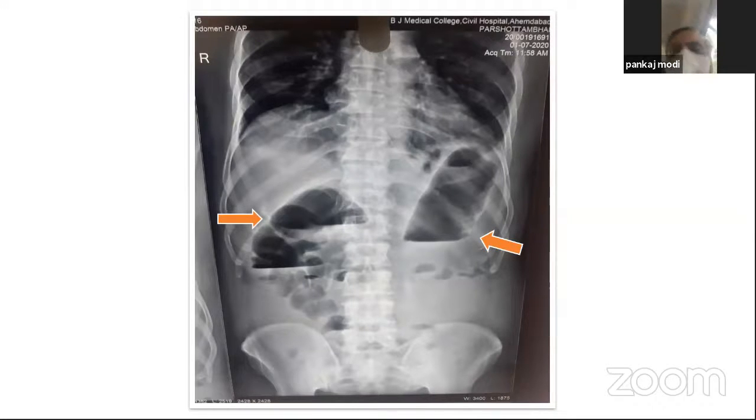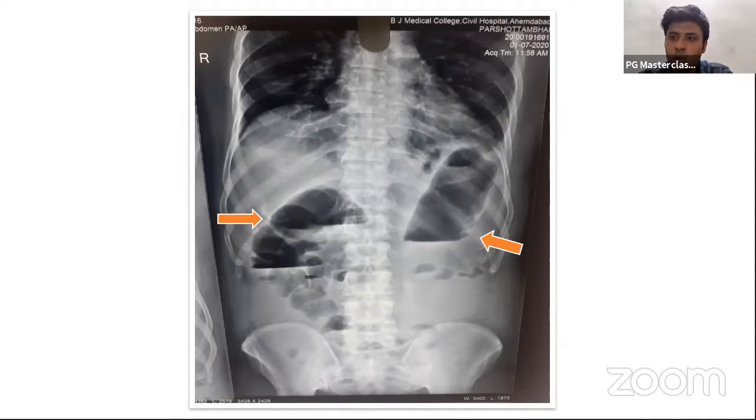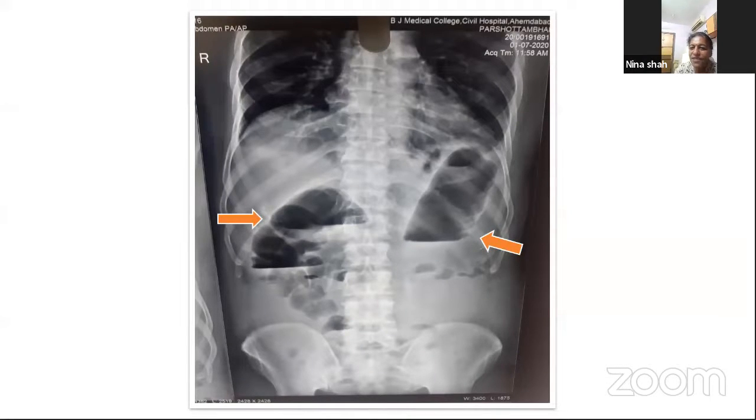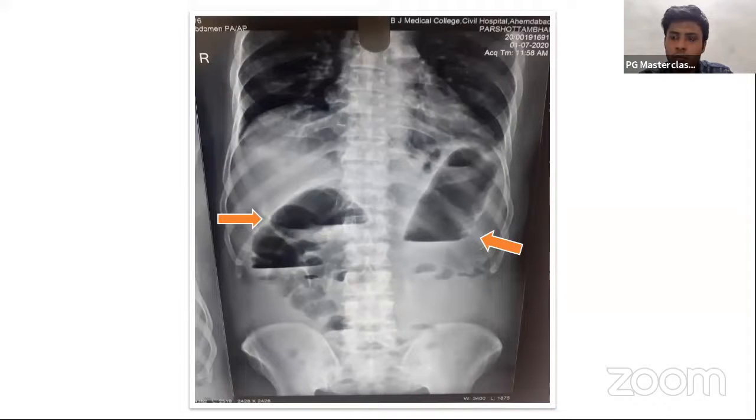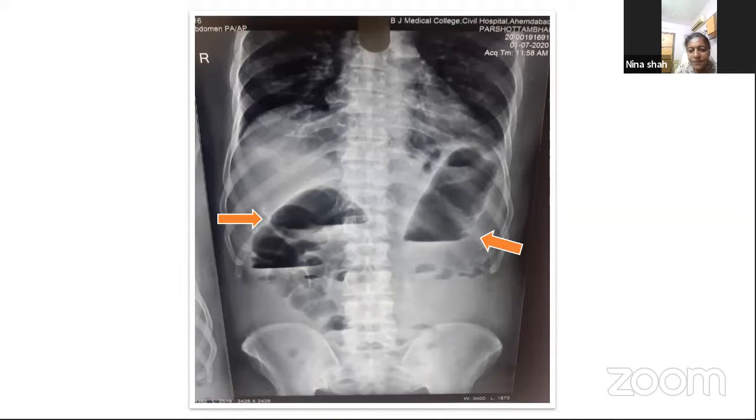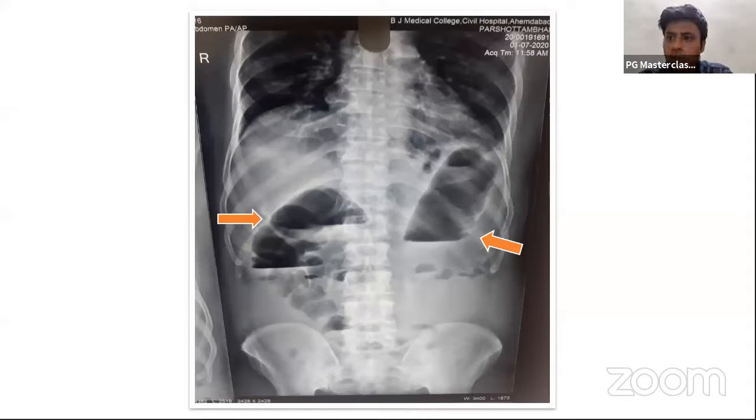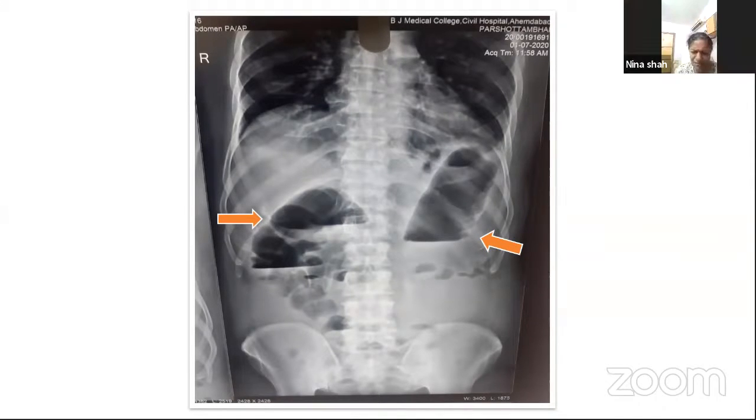What does it mean? Which part of the bowel is distended first? Proximal to the obstruction, so that is the descending colon, then the transverse colon, and this one is the ascending colon. See, there are two air fluid levels, one on the right, one on the left. So which is involved? Now tell me. Cecum is on the right, and the left is due to the descending colon, the proximal part. Descending? No. Splenic flexure.